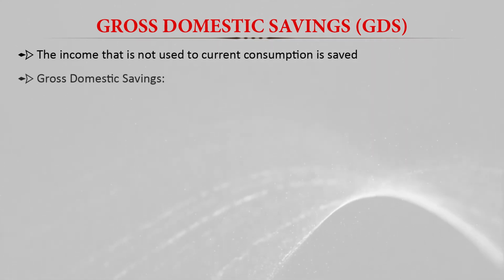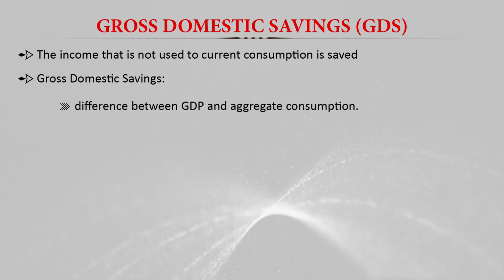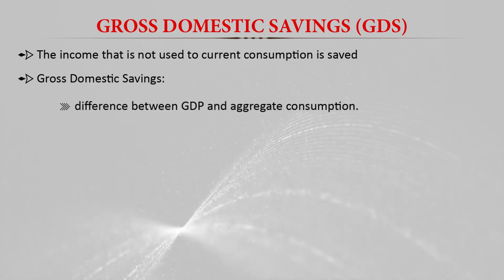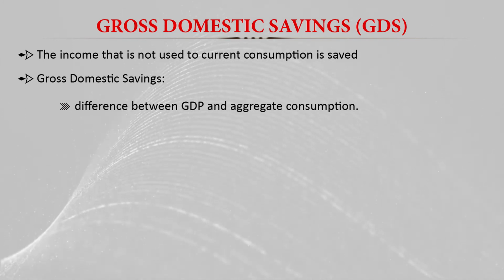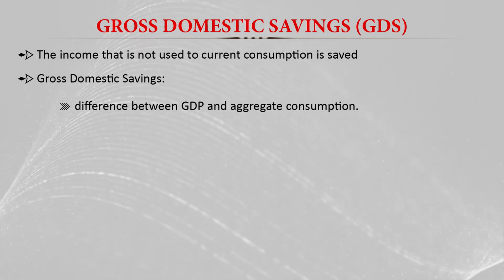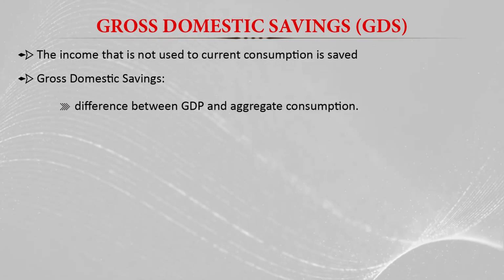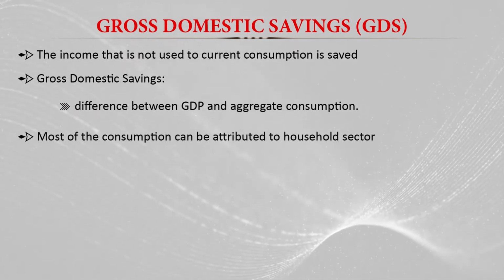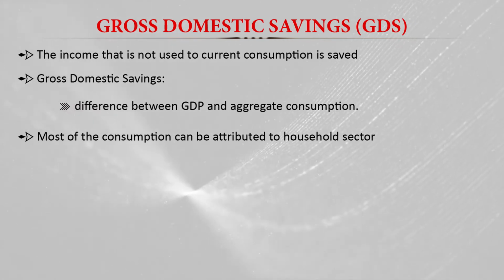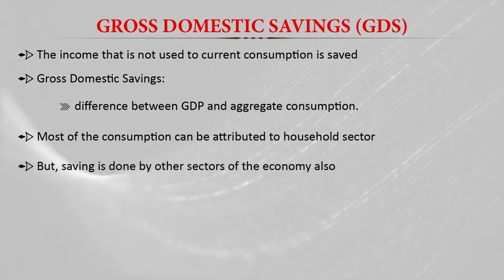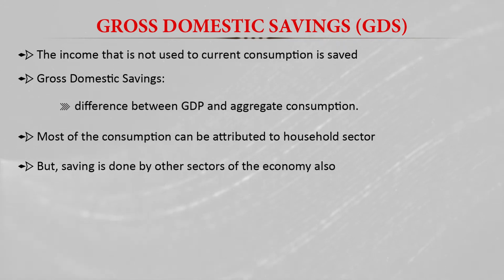Basically, gross domestic saving is the difference between the gross domestic product and the aggregate consumption. So GDP minus the aggregate consumption is basically the gross domestic saving. And most of the consumption cannot be attributed to the household sectors, but saving is done by the other sector of the economy also, like